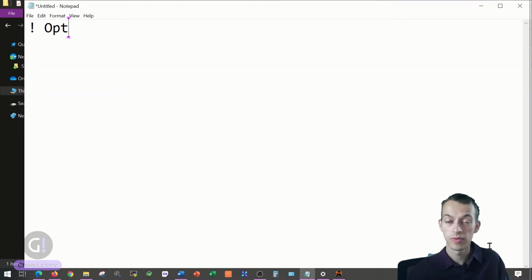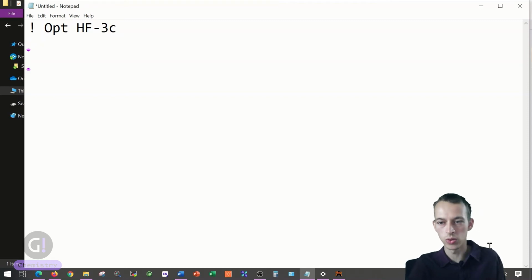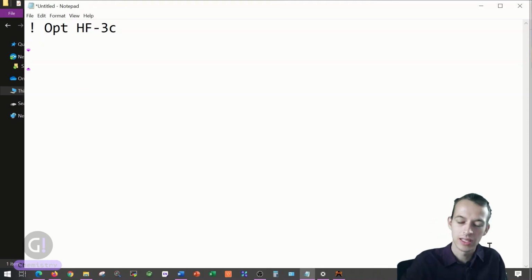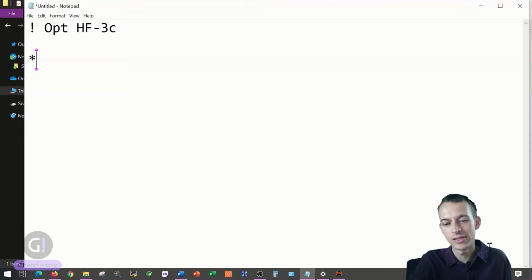You've also got to specify the theory with which the energy should be calculated. As I mentioned earlier, we're going to be using Hartree-Fock theory today, so the keyword is HF, and the specific variant is known as HF-3c. It's a great method and it's implemented very well into Orca. Now we're almost ready to add the coordinates from Avogadro. This section starts and ends with an asterisk.